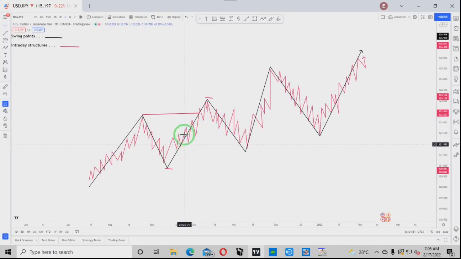You understand? We are not going to talk about liquidity in this course, right? But I just want you to understand that. Now, anytime we have a course on liquidity, then you will know the various types of liquidity that you need to focus your attention on. And then you need to know your internal range liquidity and your external range liquidity, because it will help you to stay out of trouble in the market.